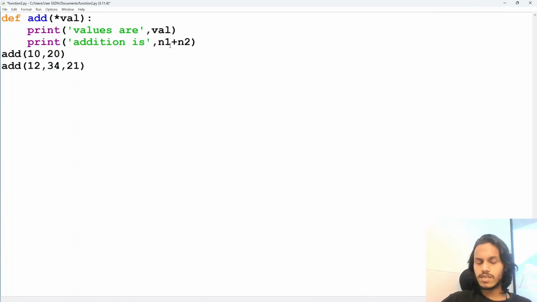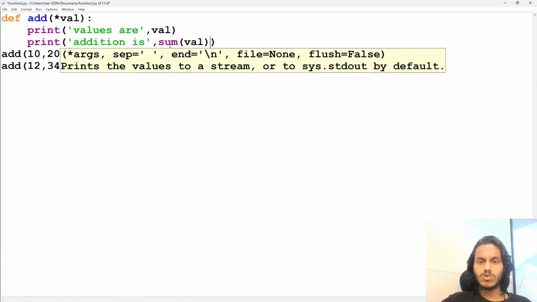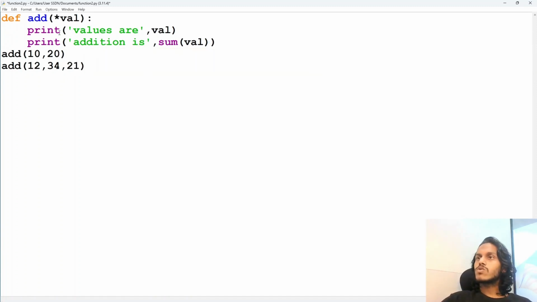Similarly here, for doing the addition, if it is two values, I can say n1 plus n2, but now it is only val. How can we do the addition? So I will use the sum function, which will do the sum of all the values which will come inside the val. Now I don't know how many values there will be, but yes, it will take all the values. So now if I run this code,